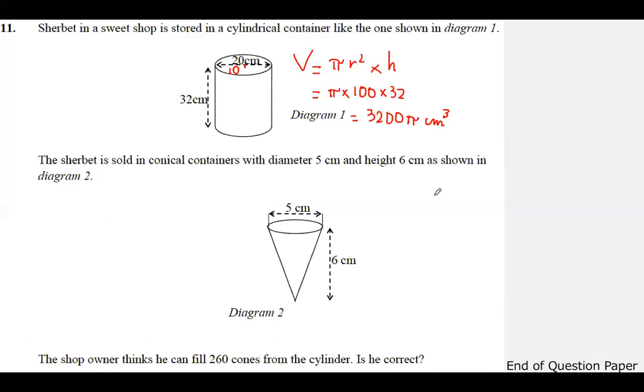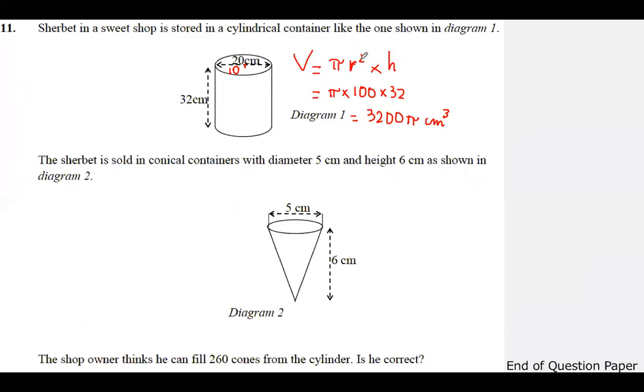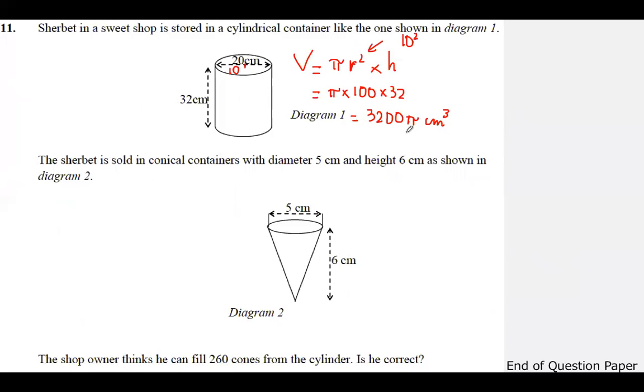Where are you getting the 100 from? r squared, so 10 times 10. Oh, right, squared. So the area is r squared. To get centimeters squared, times another centimeter to get your centimeters cubed. Okay, so I'm going to put a wee line here to show that this is 10 squared. Now, 3,200 pi centimeters cubed. I'm going to tell you why I'm using pi. This one, for the cone,